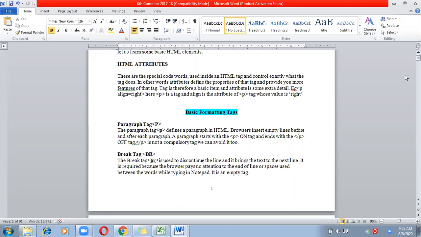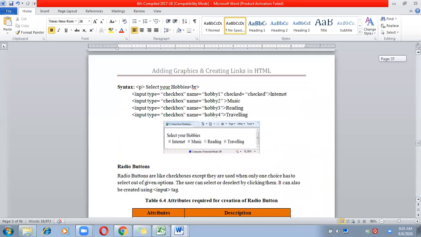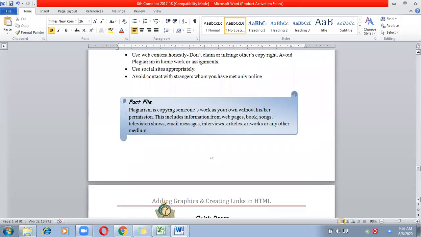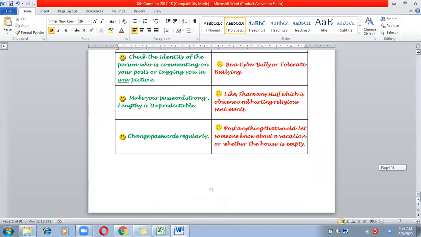The page numbers: this is the first page and the page number is 1, and I'm going to the last page now and checking the page number, that is 91. So this is how you can also give different page numbers to each section. But if you are creating a book, then it is always recommendable to give a common page number, and the page number should be in continuation only.